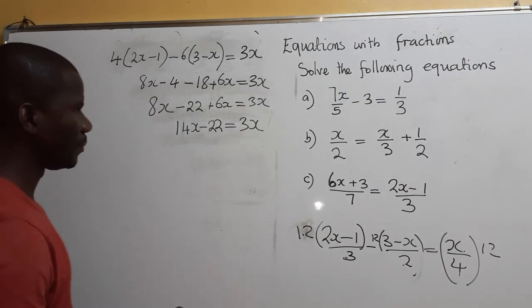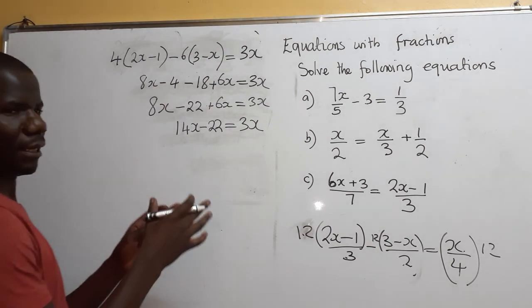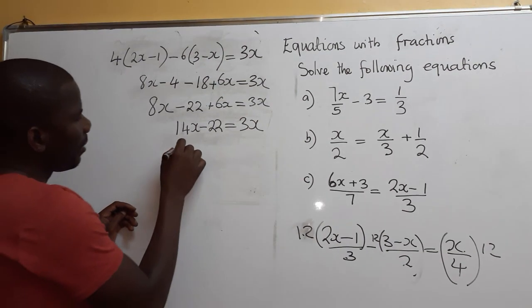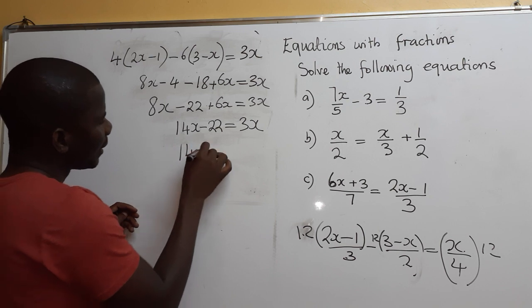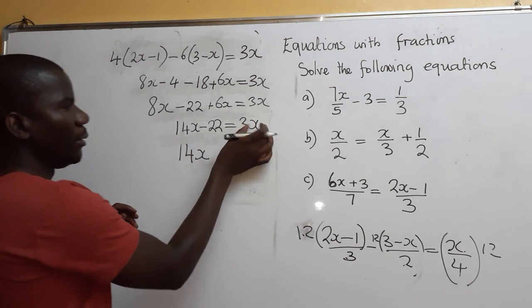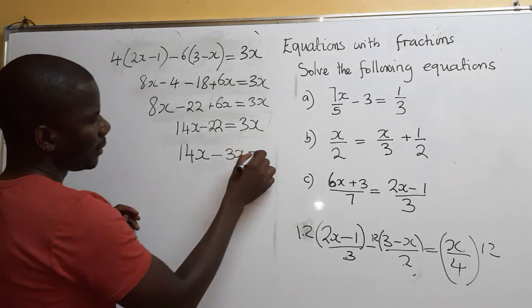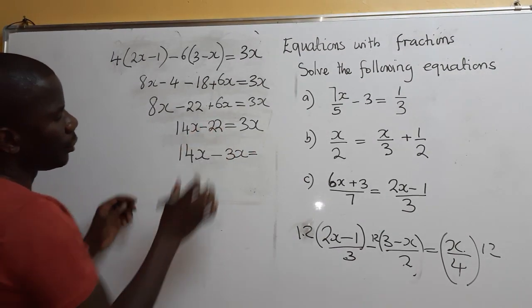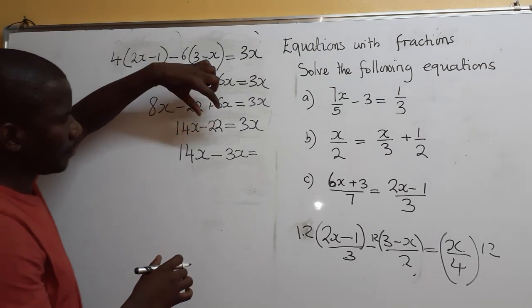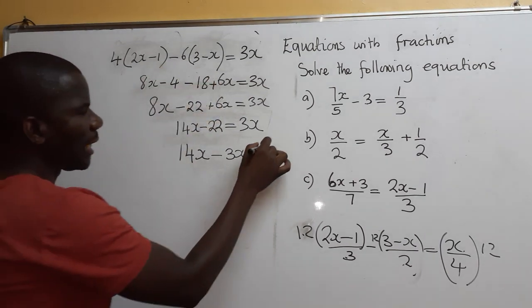So we go on, whichever way at this point. So if we are going to say 14x, then this one, we bring it the other side. Now it will be minus 3x is equals to 22, the additive inverse of minus 22. When it comes this side, it will be,